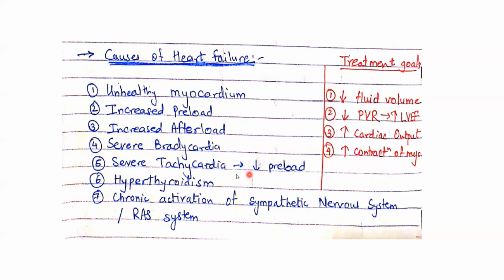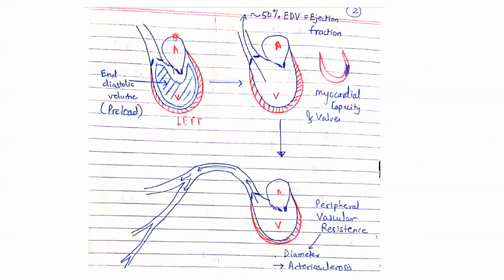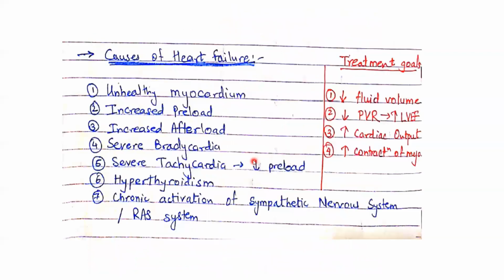Severe tachycardia. So wherein, what happens? What is tachycardia? What is bradycardia first? Decrease in the heart rate. Tachycardia, your heart is pumping at higher frequency. So what will happen? Atrium pushes blood in, ventricle is pushing it out, right? But this is happening at a very fast rate. So what happens? There is not enough time to get it filled. So your preload will decrease a lot eventually. And with decreased preload, your ejection fraction will also be decreased.